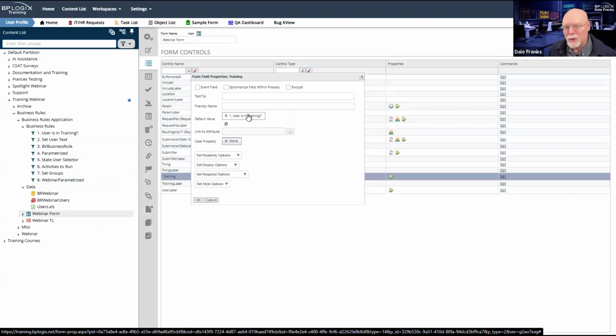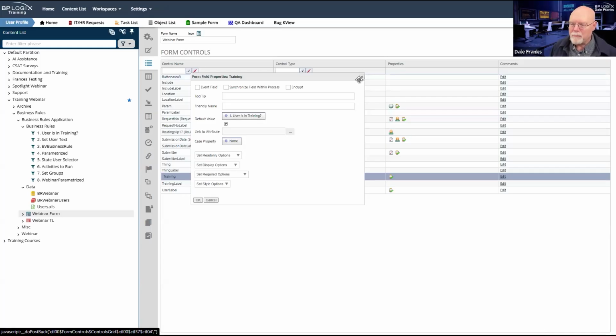So that means that as soon as the form is created, the very first time the new form instance is generated, it will set the value for this field. And because it's a checkbox, I don't have to do any formatting or anything like that. I can just directly apply the true or false value that gets returned by the business value as the value of the checkbox, and that checkbox value gets set.